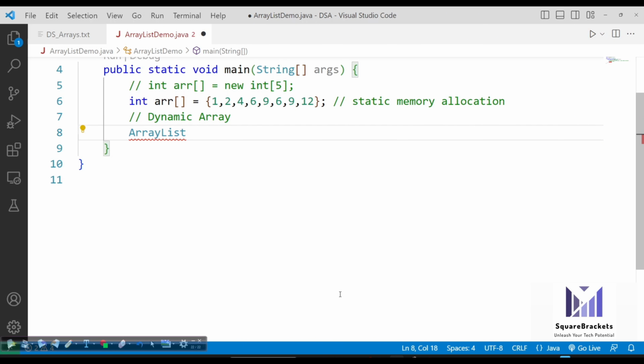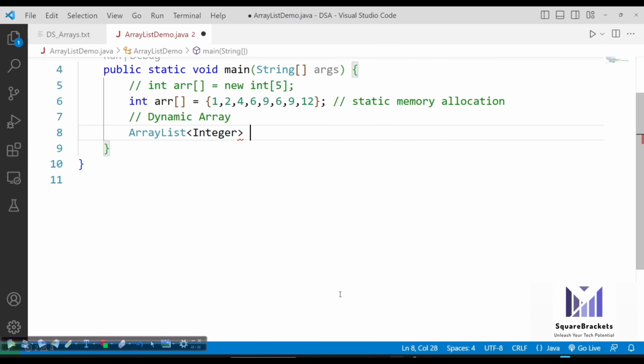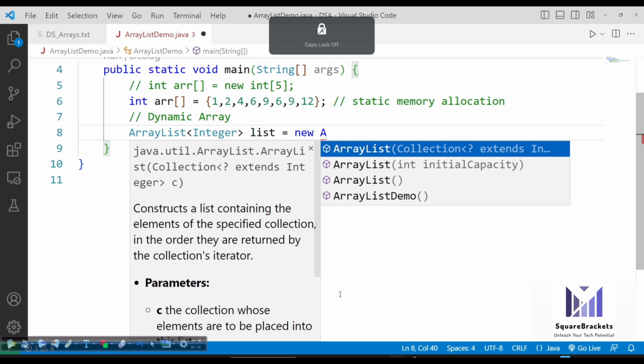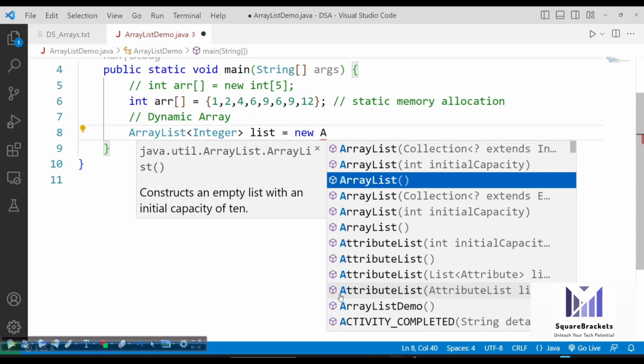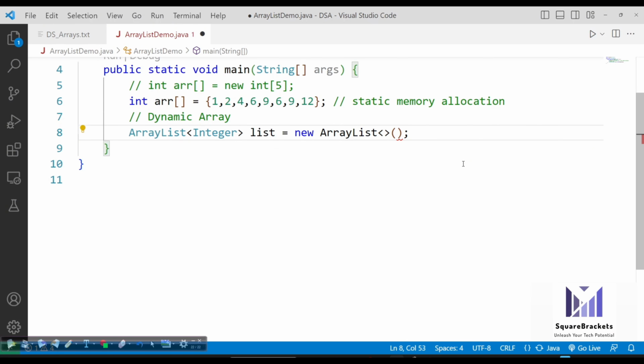Now, ArrayList is one of the classes in Java that you are going to create an object of. And let me just create the object of ArrayList. It gives you the option to initialize the initial capacity. That's not the final one. You can set the initial capacity like 5, 6, something, and then it will calculate the next capacity accordingly. So first of all, it's an empty list.